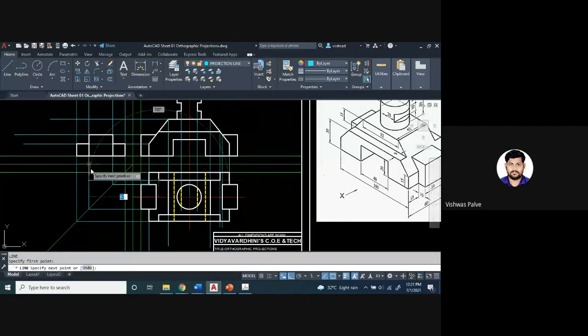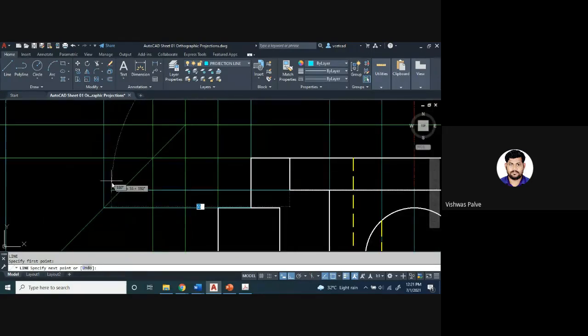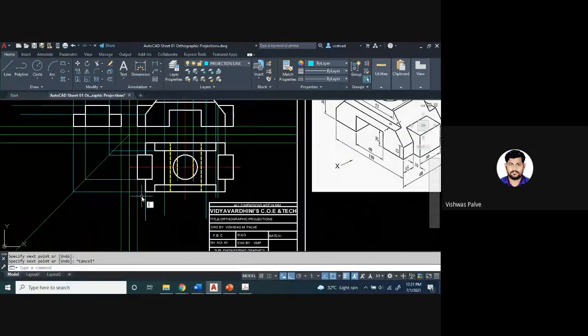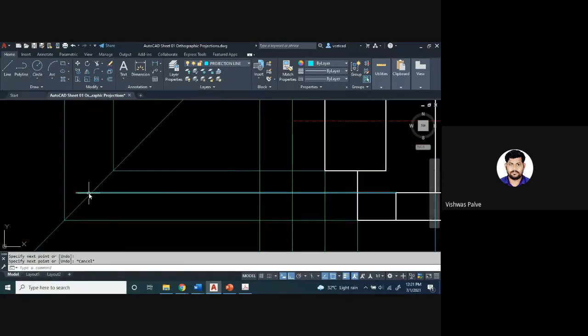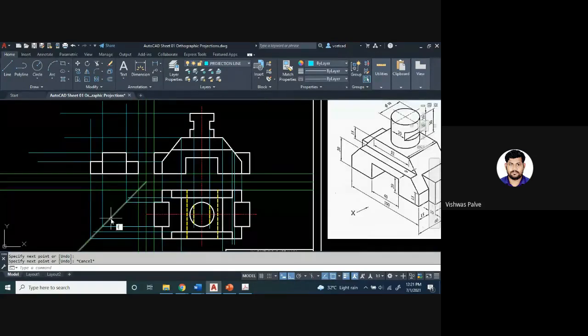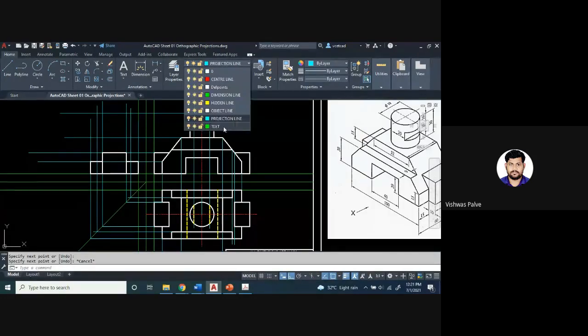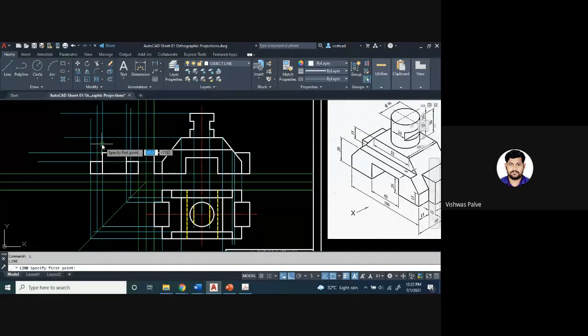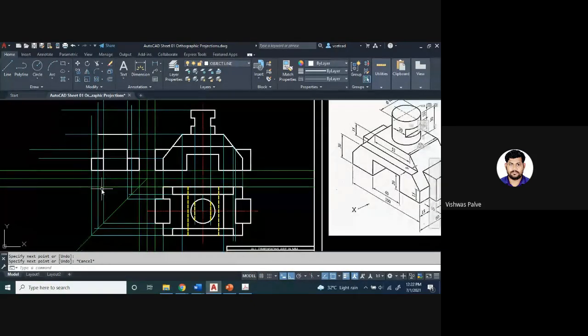This 42mm side projection you have to take. After taking the projections, you have to connect with the object line. If I want to draw this 42mm line, this will be representing that line. So here I have drawn that 42mm line.